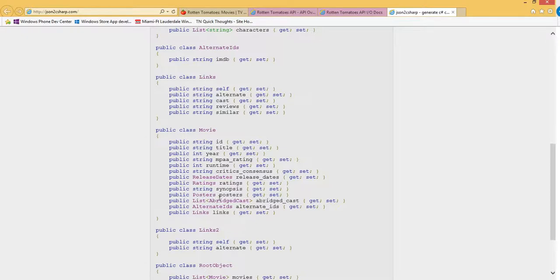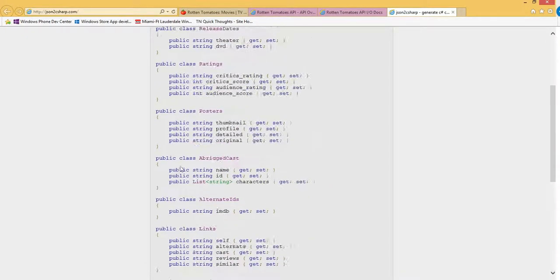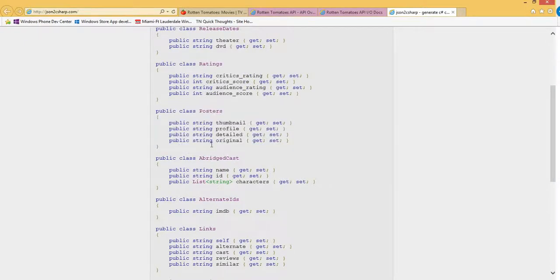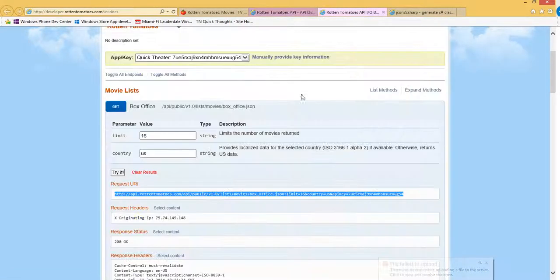So some good stuff if you want to show some ratings about the specific movie. There's also a posters object defined up here, which just has strings for different kind of images that you can get back. So you can get back, theoretically, a thumbnail, a profile, a detailed, and an original. Let me kind of add on to that, clarify that a little bit,